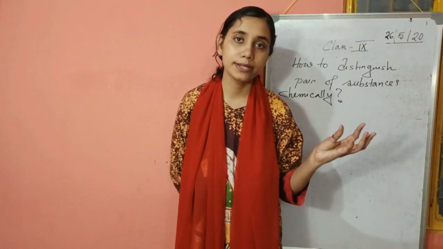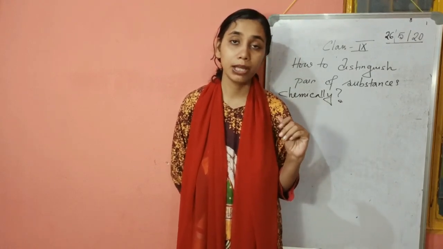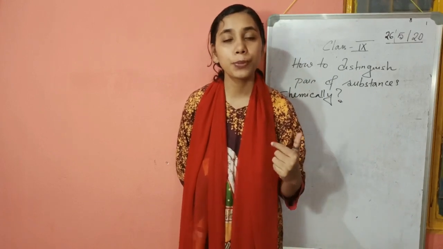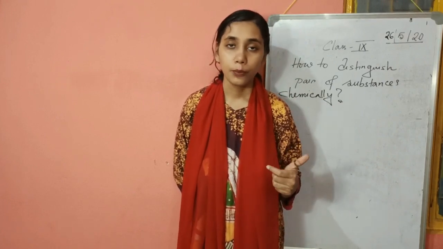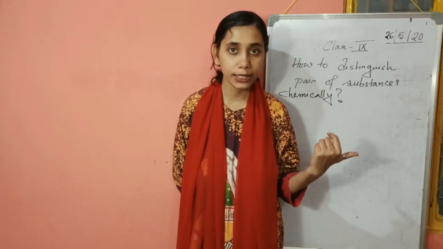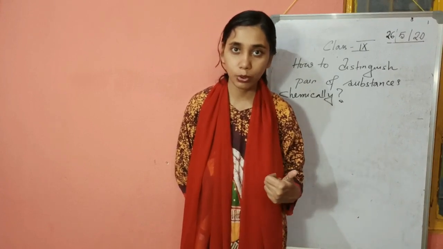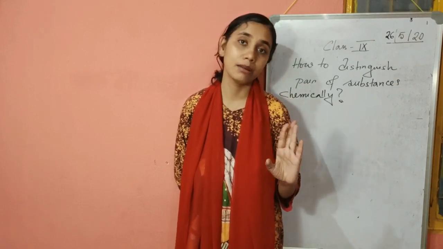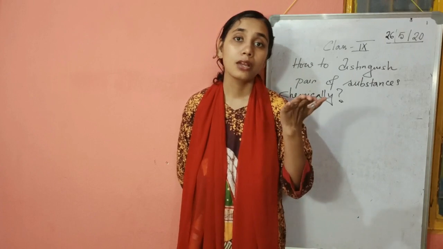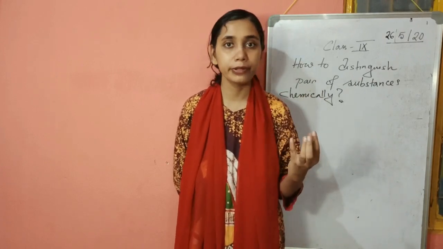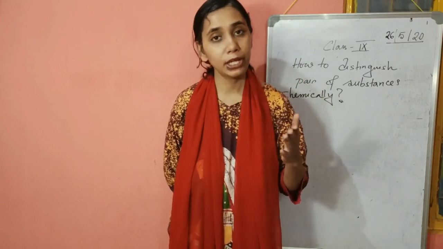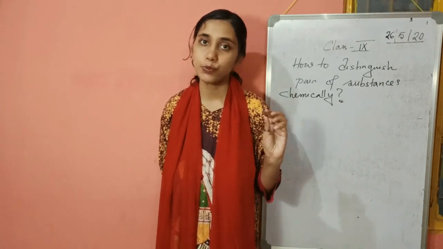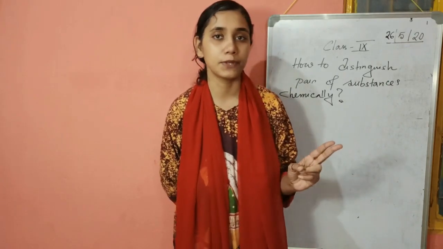Now suppose we have dilute HCl and dilute sulfuric acid. We will add barium chloride, because we know that barium chloride reacts with sulfate to form a white precipitate of barium sulfate. Barium chloride does not react with chlorides, so HCl will not react with barium chloride. Barium chloride reacts with nitrate, but all nitrates are soluble in water, so the barium nitrate forming shows no observable change. So if you have a pair of sulfate and nitrate, we always use barium chloride. Barium chloride with sulfate gives a white precipitate and with nitrate gives no precipitate.